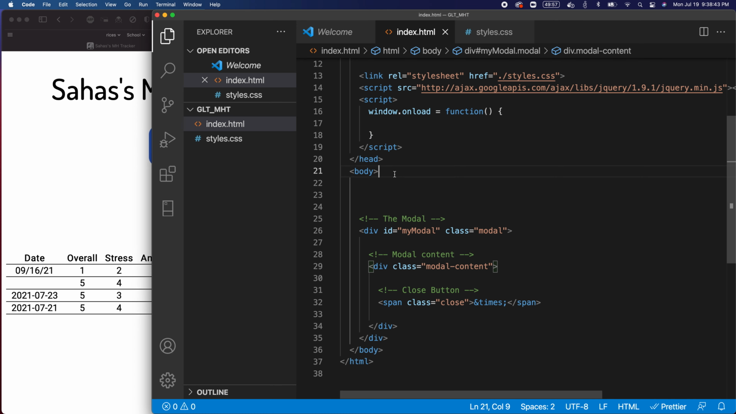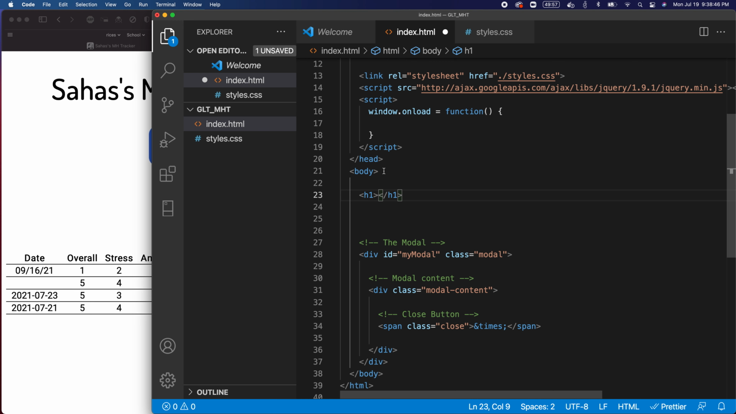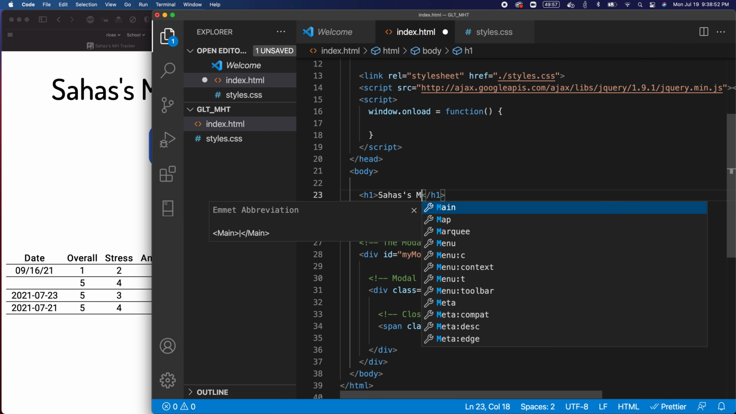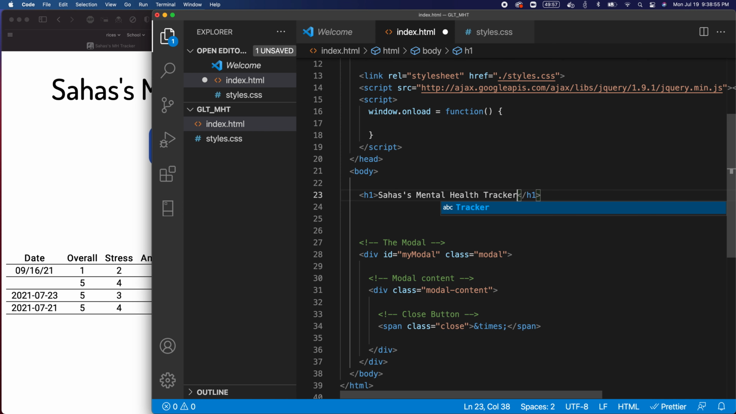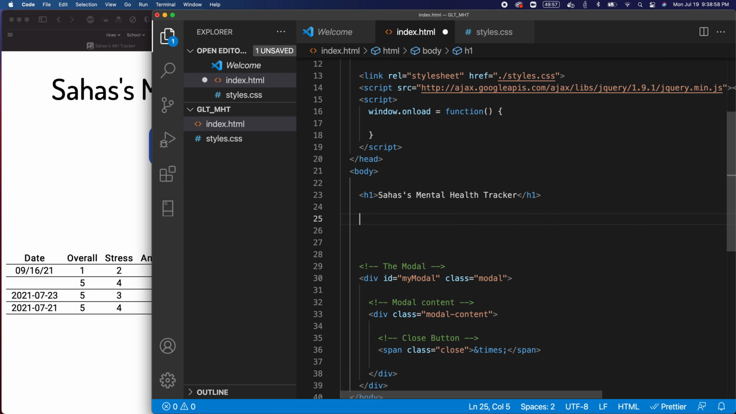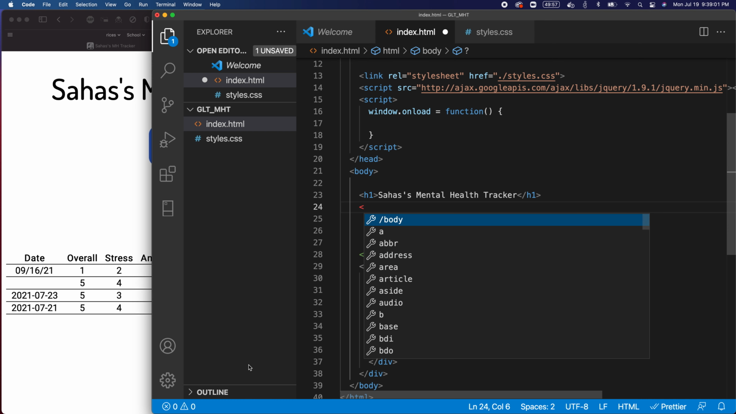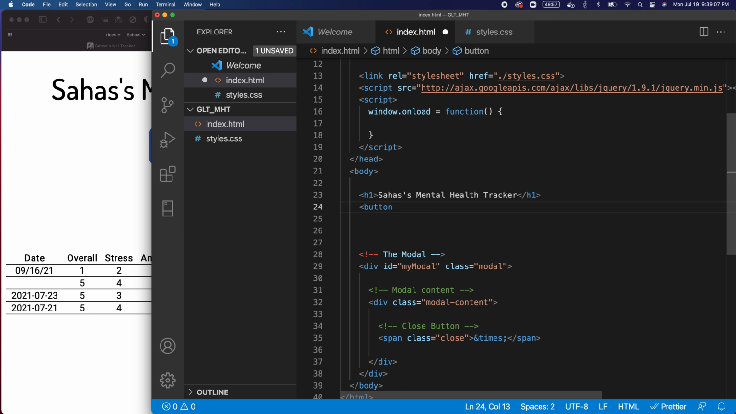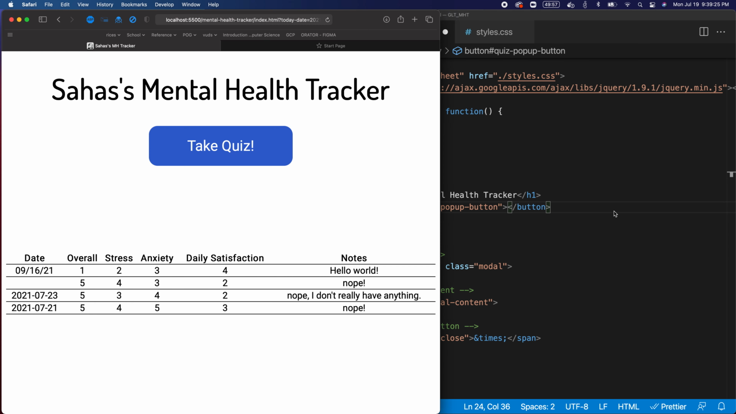Okay, so first thing, H1 for our title, and you can put the titles whatever you want. I'll make it Sahas's mental health tracker, and I'm going to add a button. So this button will be just like that, button, and it'll have an ID of, I don't know, quiz page or quiz pop-up button, like that, and that's it. And then inside the text is take quiz,